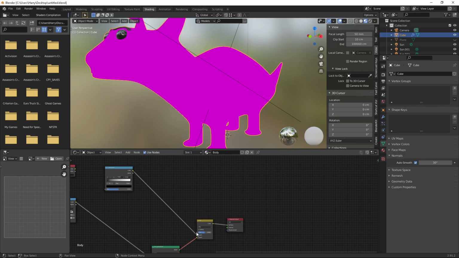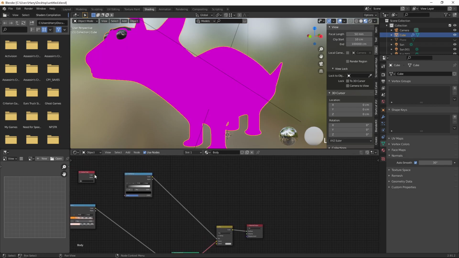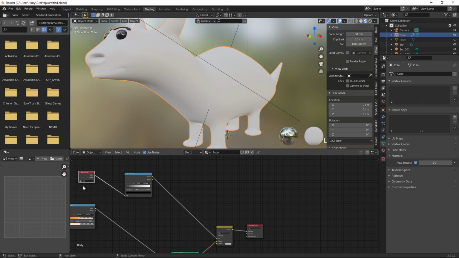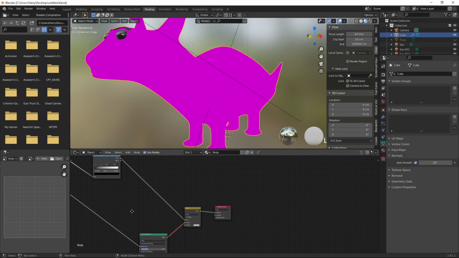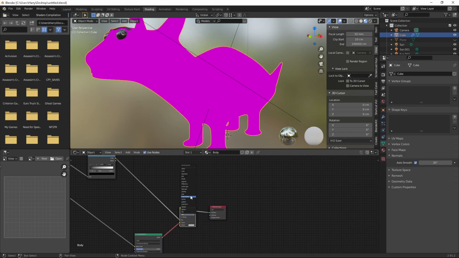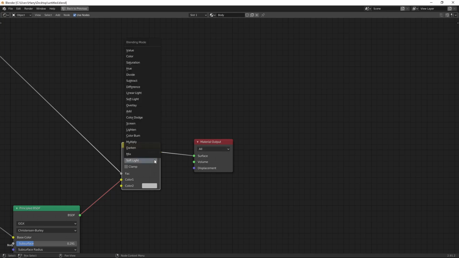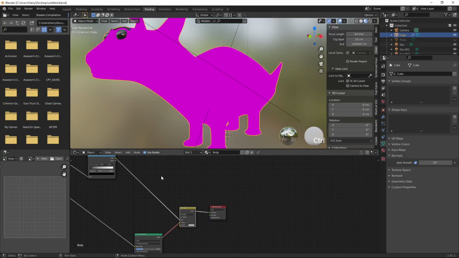Just a second, we are going to mix like this. Select this vertex color, so mix, go for multiply, select multiply.